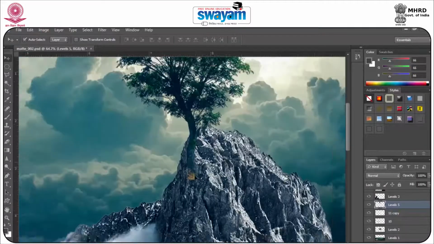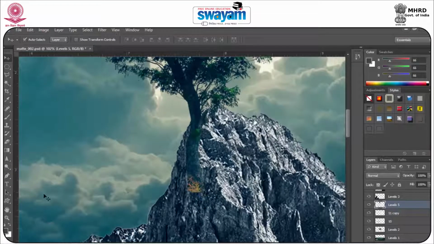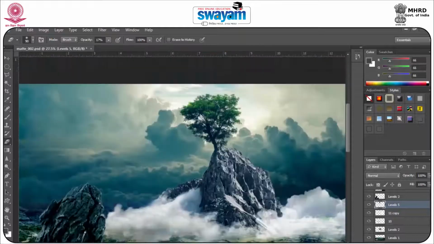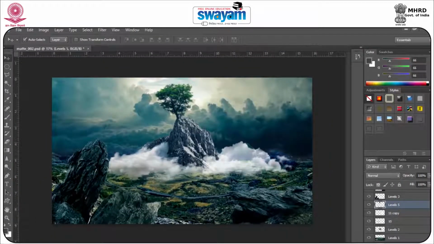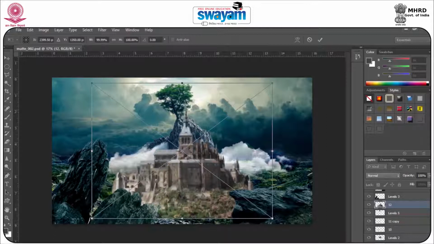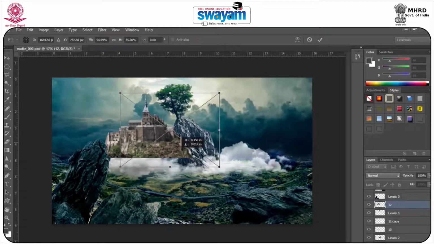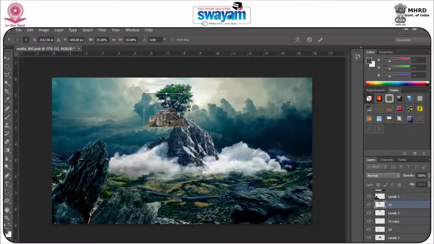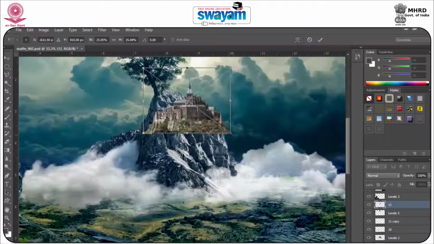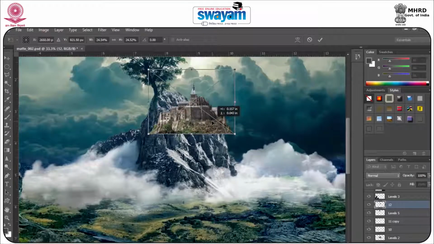So this tree we have made, and what else do we have to do? I just want this part to be a little bit ejected from this mountain, like this way. Okay, so it's looking quite well now, and we'll do one more thing. We'll put this castle somehow here, so we have to work out the same. Let's have a look. So we'll decrease the size and just put it somehow here. Okay,